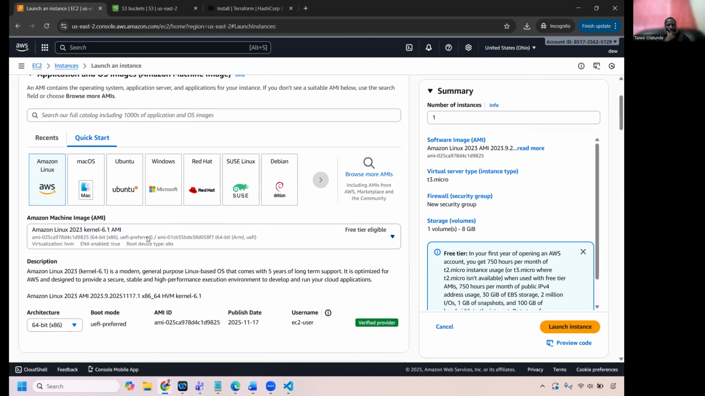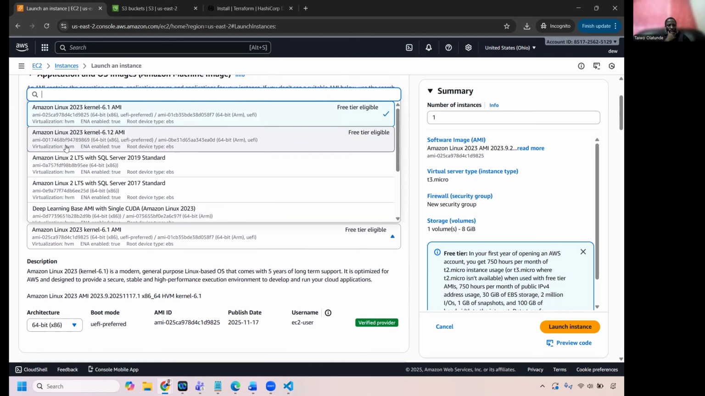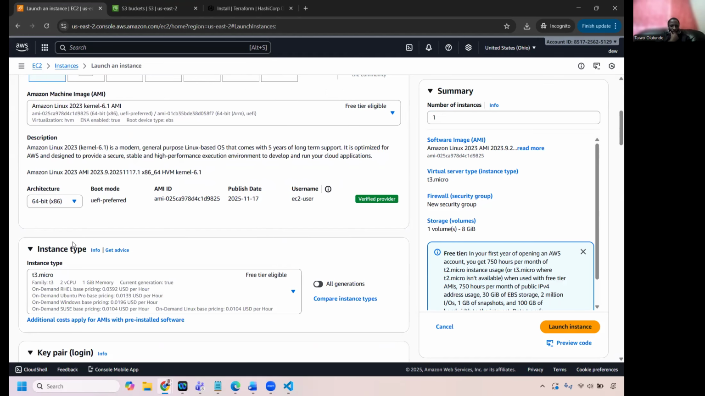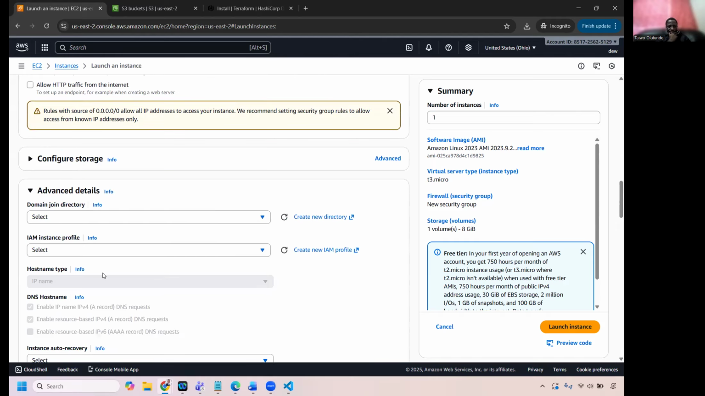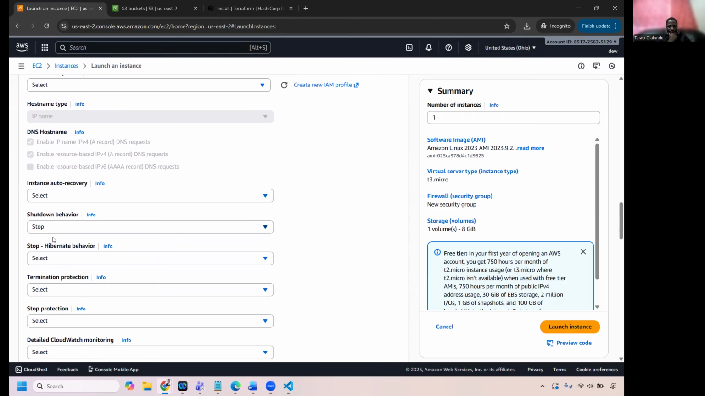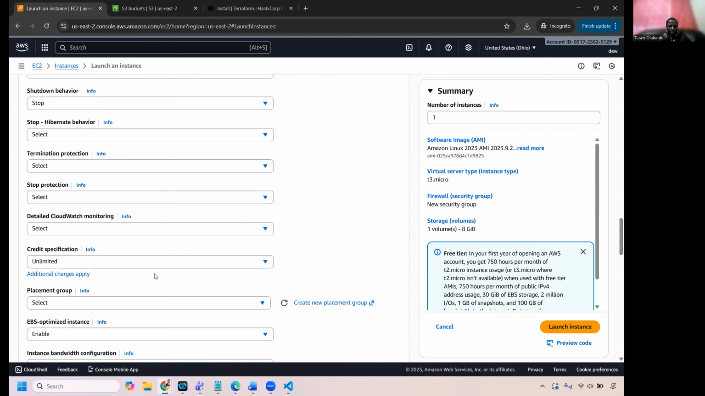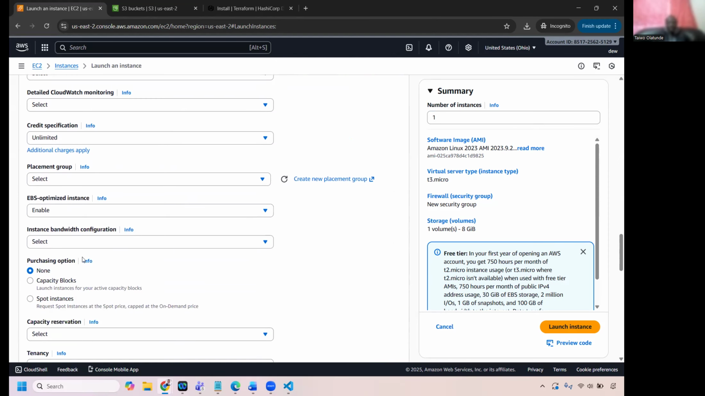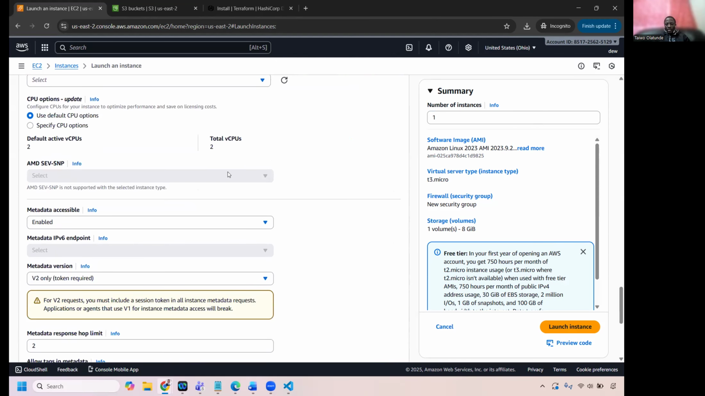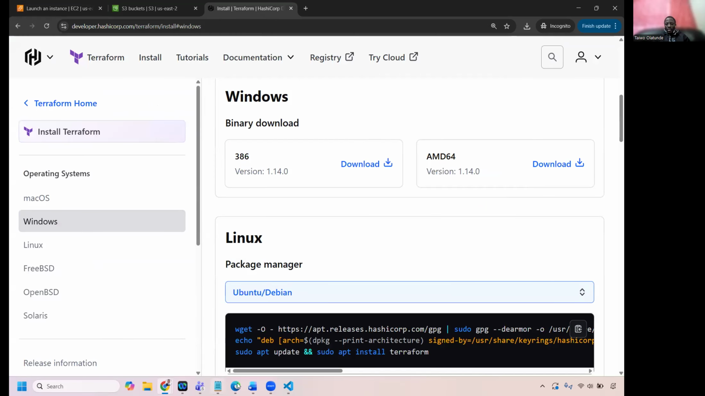If you come to AMI, yeah, that's true, HVM, it's there. Virtualization HVM. But I think there's another place that I saw it again. I can't find it. Yeah, but I think that's just